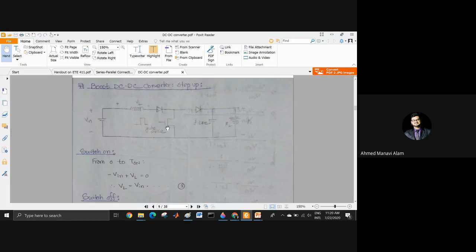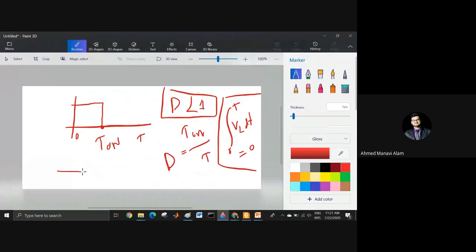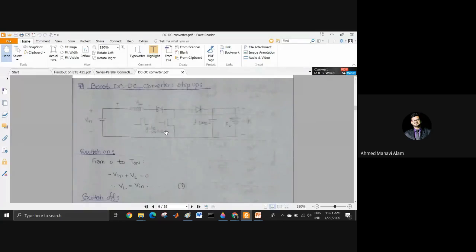This is a boost DC to DC converter, which is a step up converter. Here you can see there is a DC source. Here is my inductor. Here is my rectifier. This is actually the switch. We know a switch is drawn like this, but that is a manual switch. We need a switch which will operate automatically with the gate pulse, such as a BJT, MOSFET, IGBT, etc. I haven't gone through the switching devices yet, but I will. Now we'll cover the DC to DC converter, which is a very important topic.